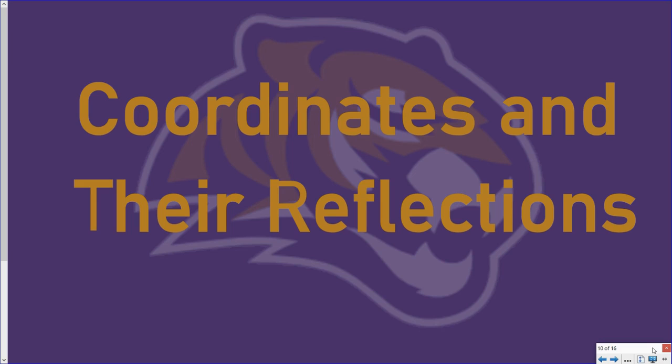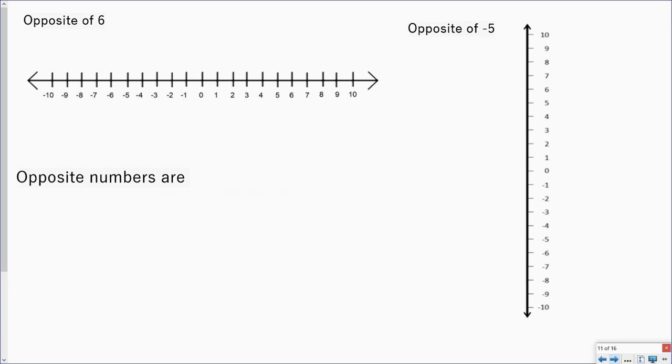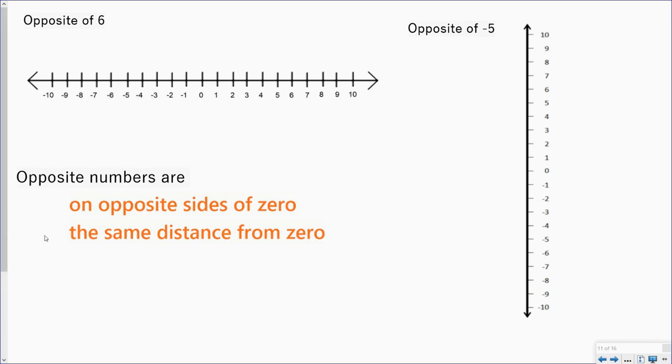In this video, we're going to talk about coordinates and their reflections. First thing we're going to do is review the opposite of a number. And remember that opposites of a number are on opposite sides of zero, and they are the same distance from